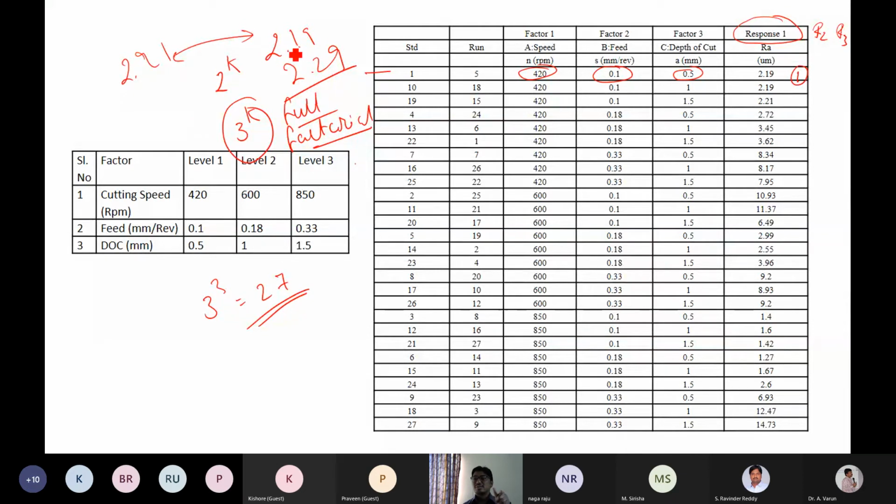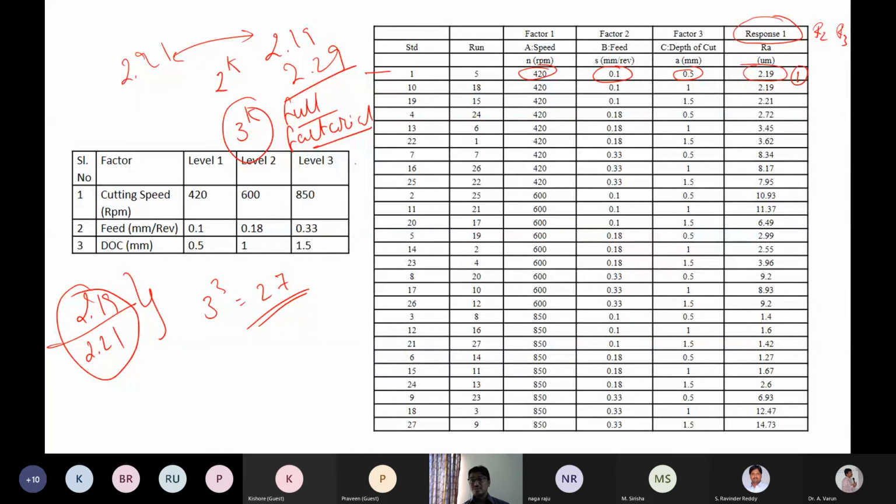So to confirm, what I should do is run the experiments again at these levels. Once I run the experiment at these levels, if I got 2.19 and next time I get 2.21, then I can fix myself that yes, I got this. So I don't take any one of these. Again, I take the average of this. Then I note it down. That's why, when it is purely experimentation projects, people will ask you how many replications you have done for each and every level. So this has to be done.